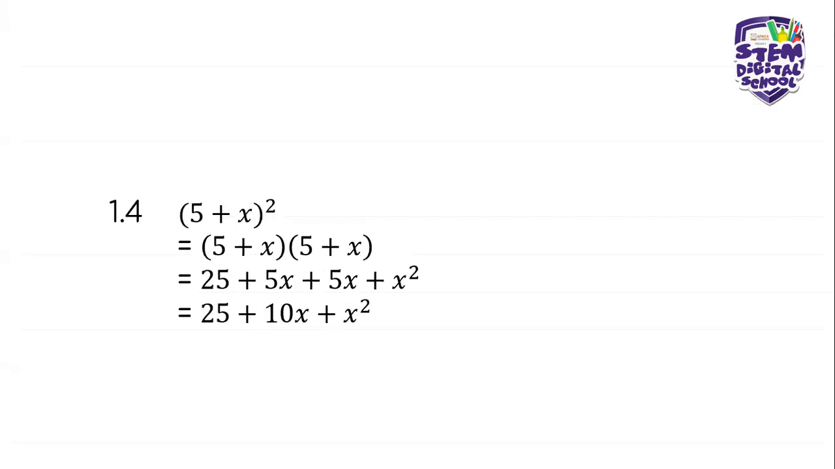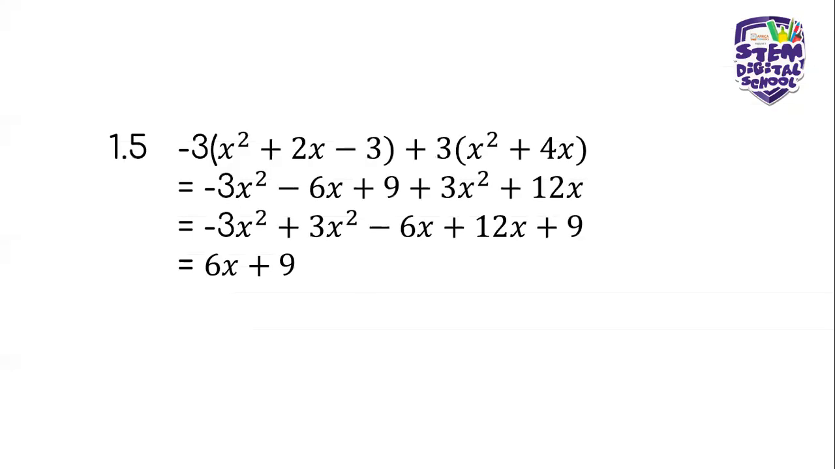And then the next one, of course, is 5 plus x all squared. This is you multiply 5 plus x by itself. And then, of course, this will be a trinomial, which is 25 plus 10x plus x squared. I hope that it makes sense. And then the last one